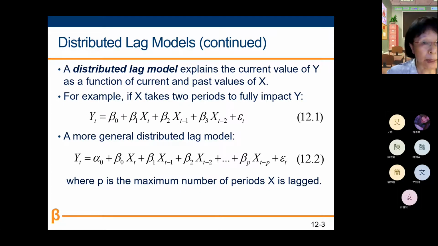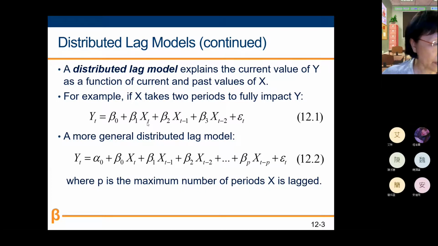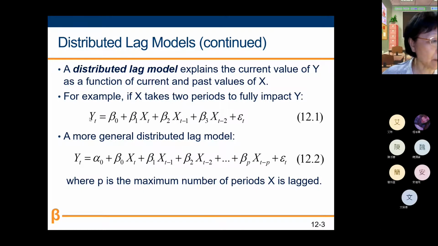Okay, for example, I think you all know how to express this as beta 1, right? And beta 1 measures the effect of a 1 unit increase in X in the current period on the same period of Y, holding other times of X constant. But beta 2 means